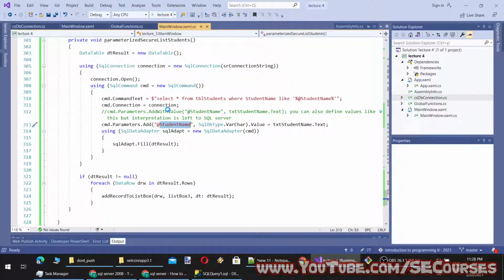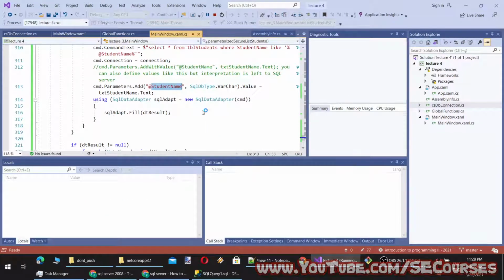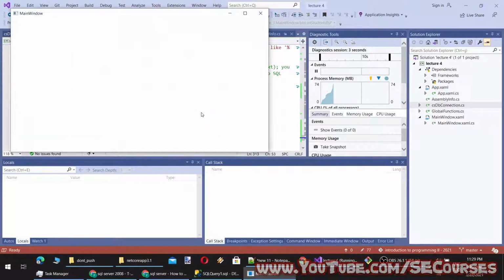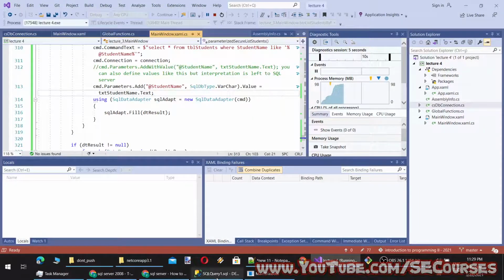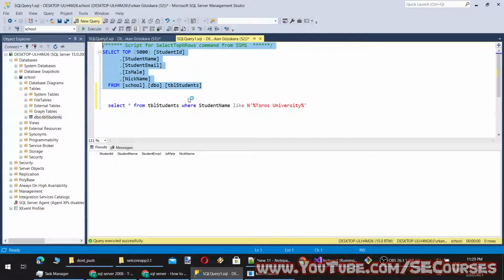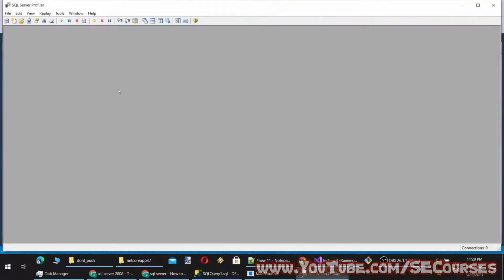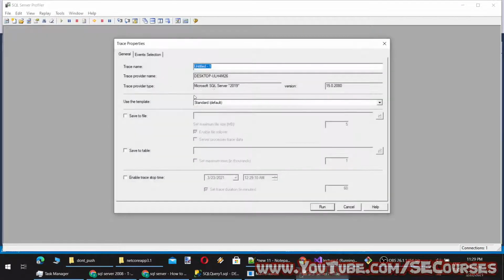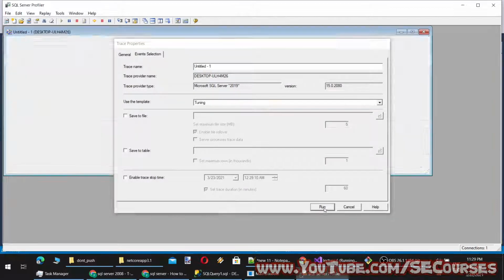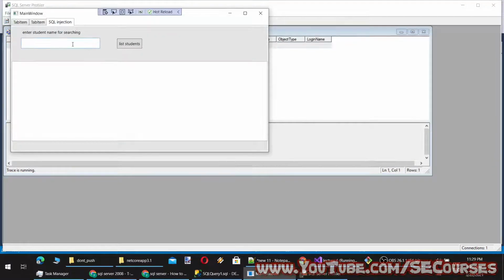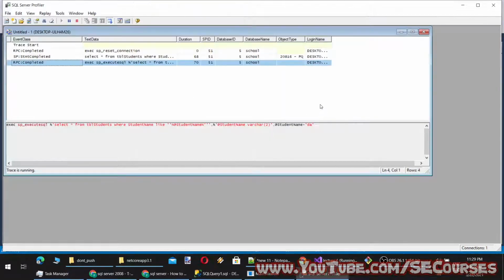So you see, when you're executing a parameterized query, to see that you can use tools, SQL Profiler, and here let's start a tuning and execute our query, and then we can see the query executed here. Okay, like student names and student name varchar 2, student name equal to this.